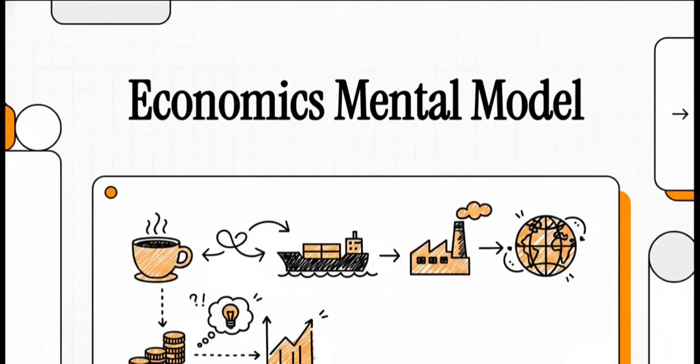All right, let's dive right into this explainer. Today, we're going to build an absolutely bulletproof mental model of how the world actually works. We're going to connect the dots from your morning cup of coffee all the way up to massively complex global supply chains. Because here's the thing, once you truly grasp economics, the world stops looking like this confusing, random mess. It actually starts looking like an incredibly fascinating, interconnected system. You're going to see exactly why certain policies completely fail, why things cost what they do, and honestly, how you can make vastly better decisions in your own everyday life.